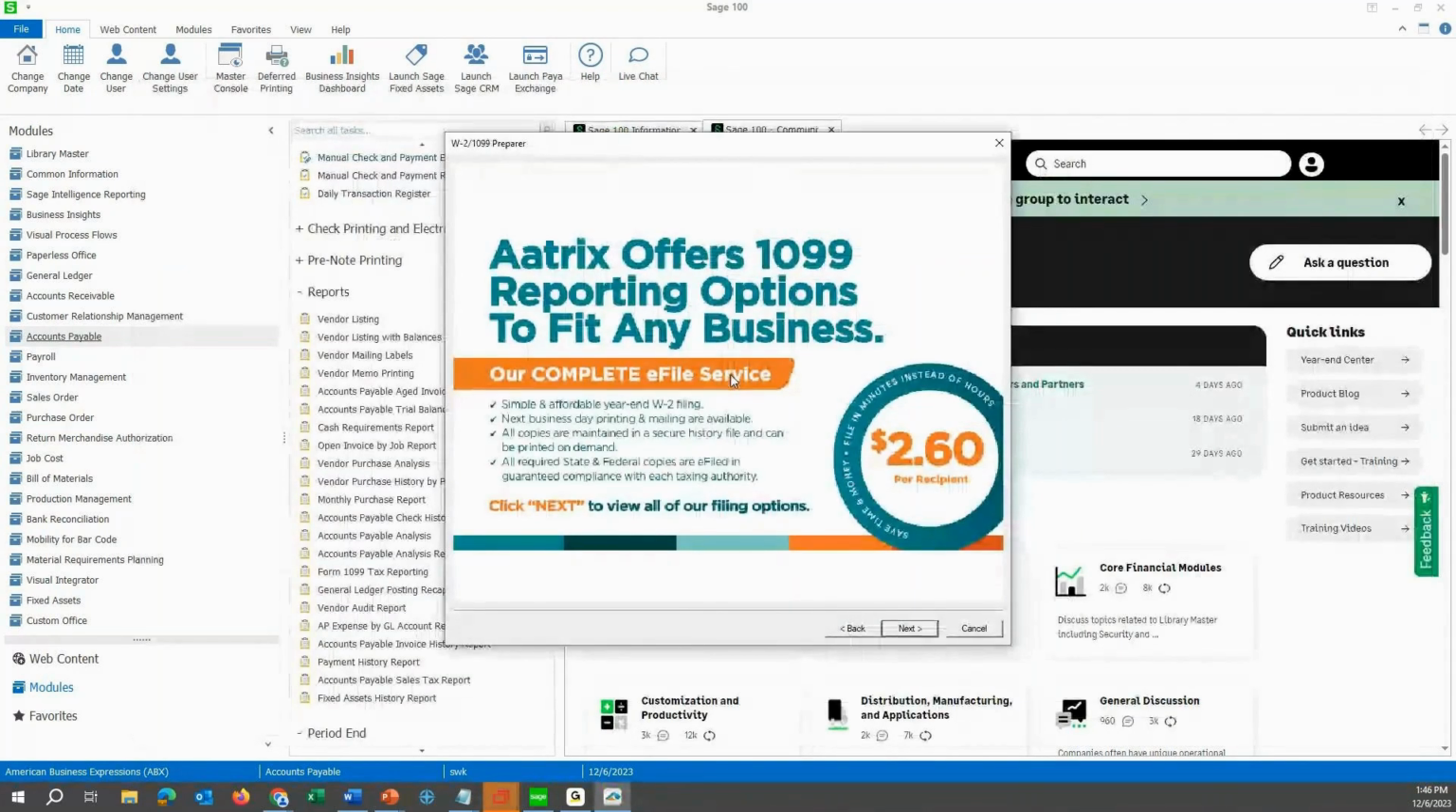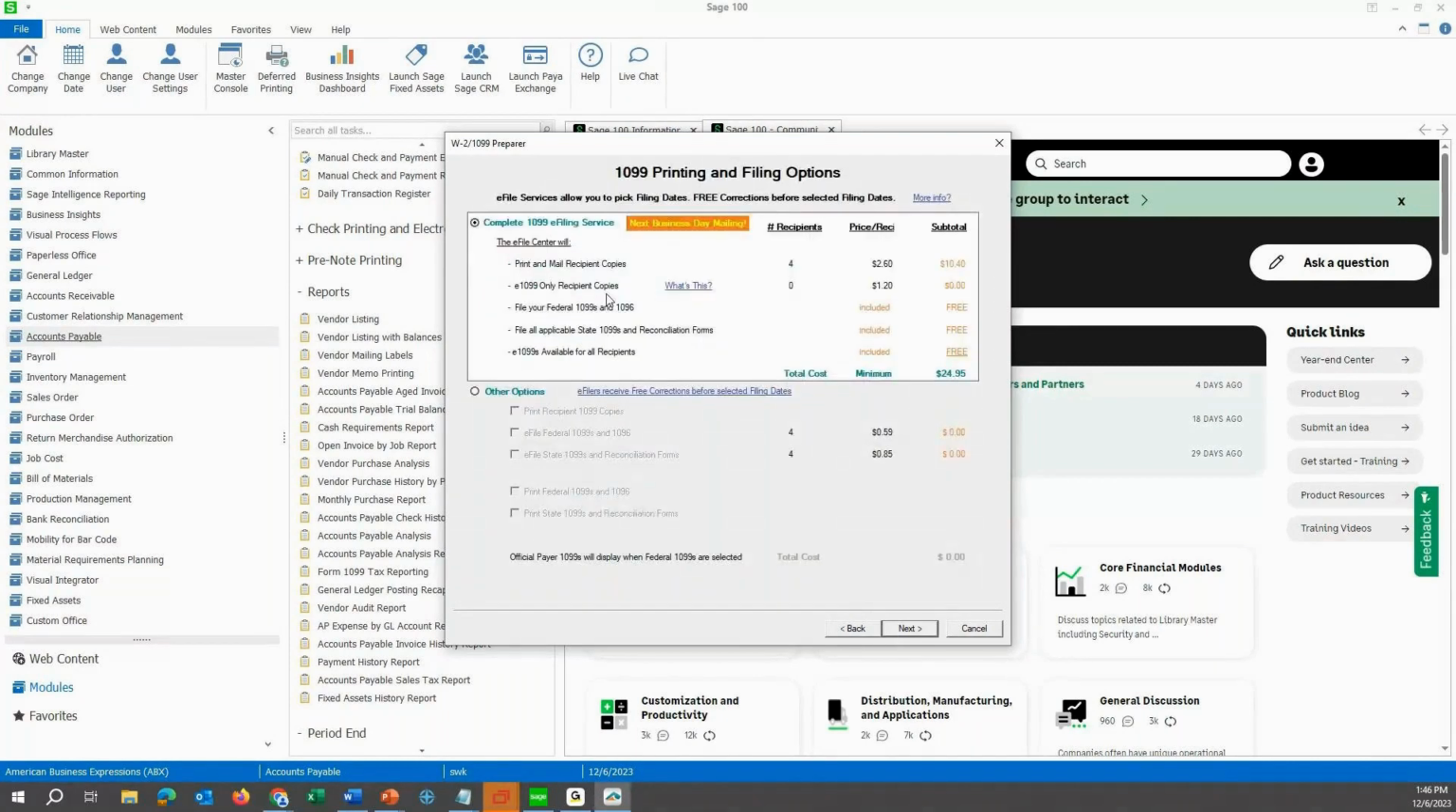And then, of course, it'll come to this. Atrix offers 1099 reporting options, $2.60 per recipient. When I click next, it'll ask me if I want the complete 1099 filing service. It'll cost me $24.95 based on my vendors. I'm going to say no because I'm printing everything. So if I click other options, I can click to print everything. And if I uncheck the eFile, because I don't want to do that right now,